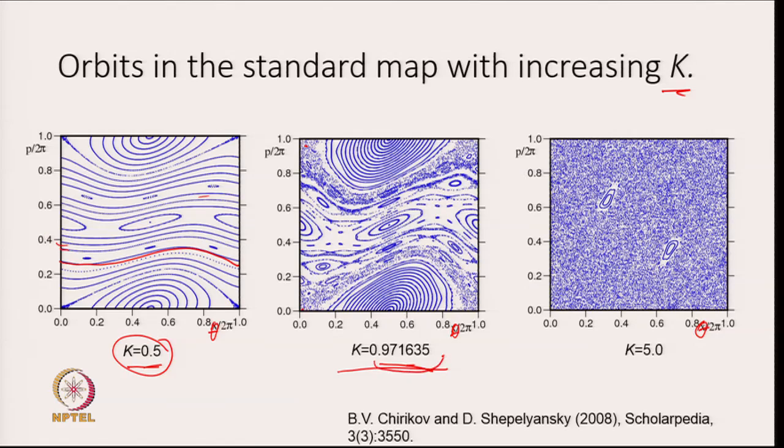At k equals 0.97 or so, you find that the last such curve has just disappeared, and for larger k, orbits can move freely from top to bottom or from left to right. They can just move everywhere, every which way, because there are no curves that bound the motion to remain in any particular region. There still are KAM tori even at the higher